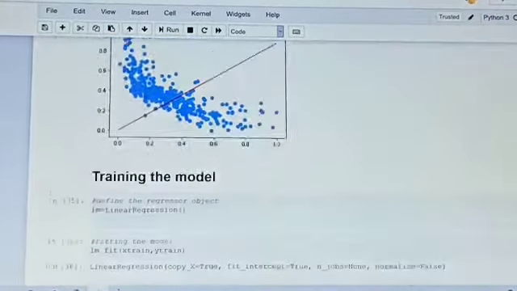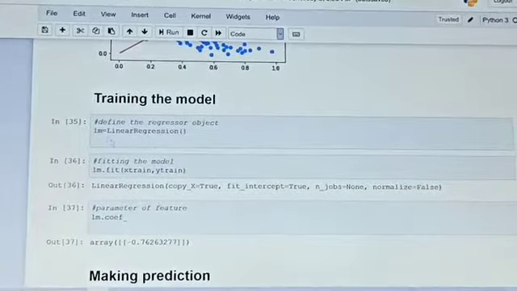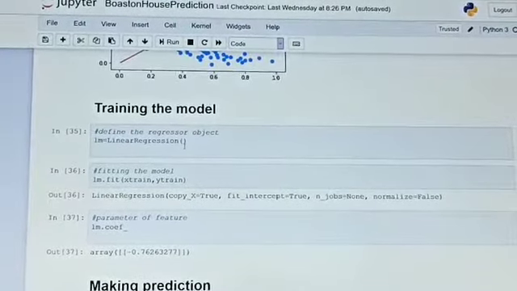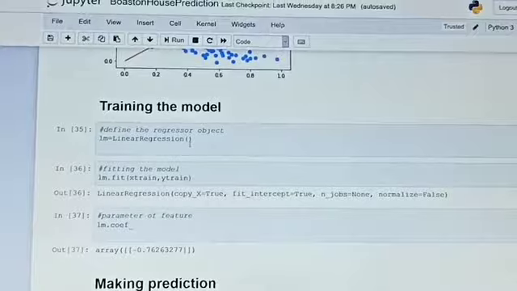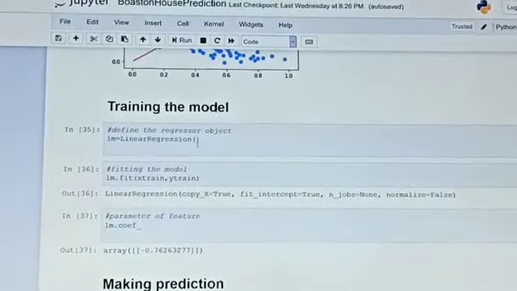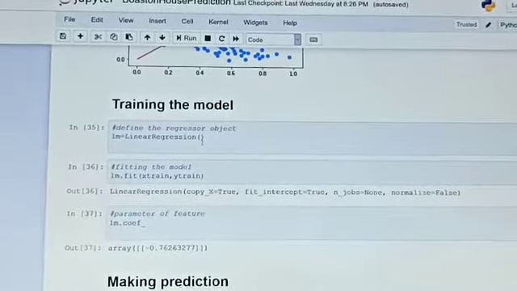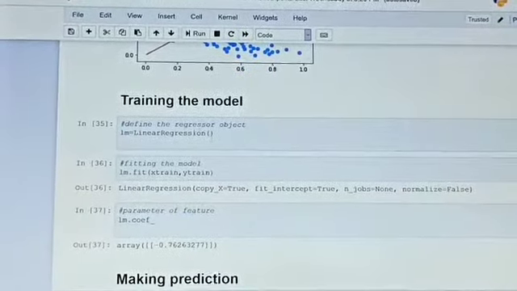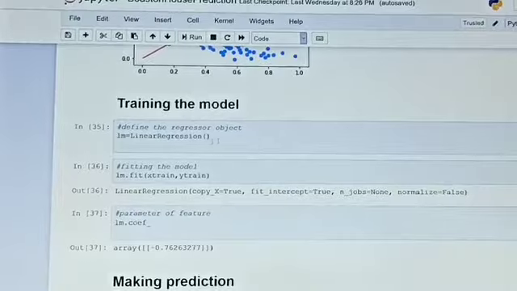Now the next step is to train the model. We train the model by lm = LinearRegression(). Linear regression is an algorithm which is defined in the sklearn library, and I already imported the sklearn library at the start. So here I use this function, lm = LinearRegression().